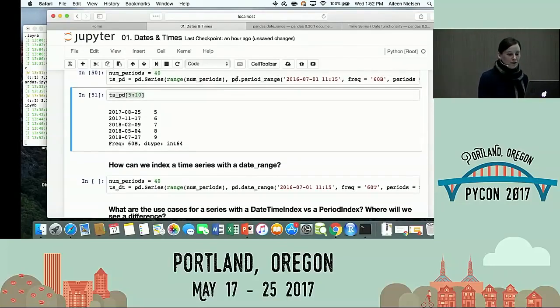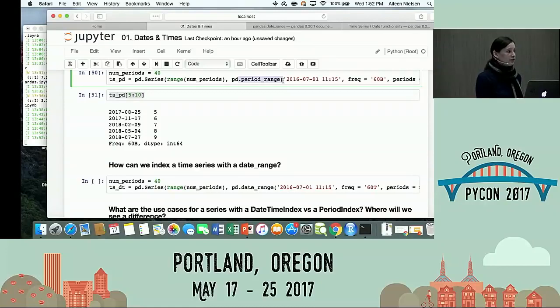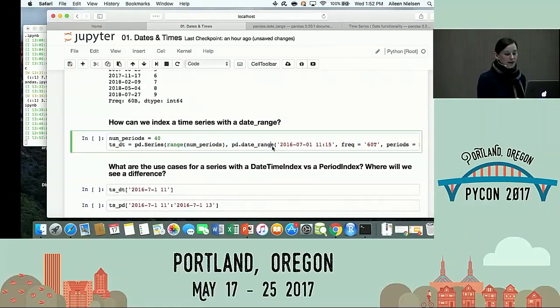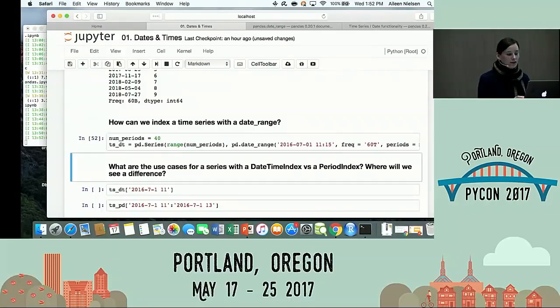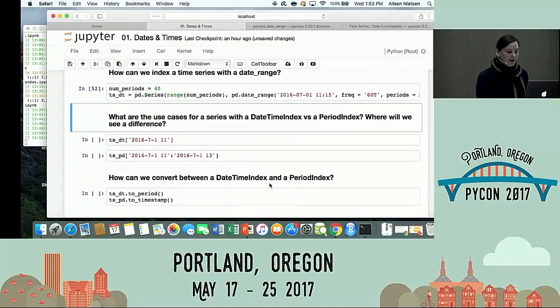So how do we index a time series with a date range? I showed you above here with a period range. They're very interchangeable. Instead of a period range, I just type in date range. And what that means is I'm going to have selected time stamps, a specific moment in time indexing my data, rather than an interval. So you have to think about which of these is appropriate for your data, right? Are you doing something like monthly counts? Or are you actually saying, at this exact moment, I just did a count, right? At this exact moment in time, I counted people on my website versus over this month, I counted people on my website.